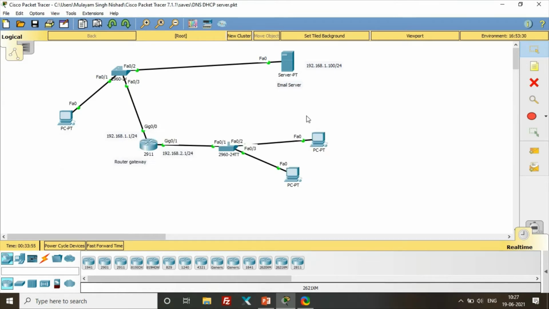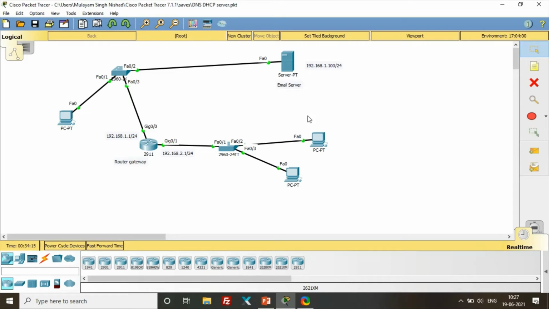So a simple configuration is needed. If you want to know how to configure it, you can refer to my other video on the channel where you will learn in detail, but this topic is for mail server configuration, so we will learn only email server configuration.